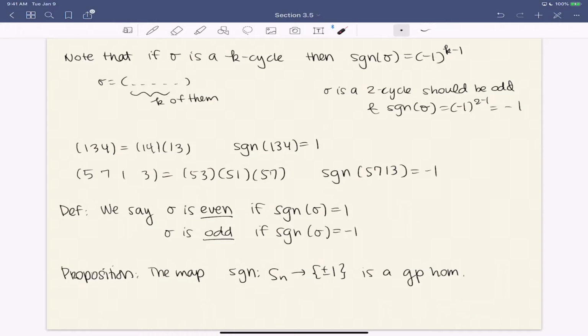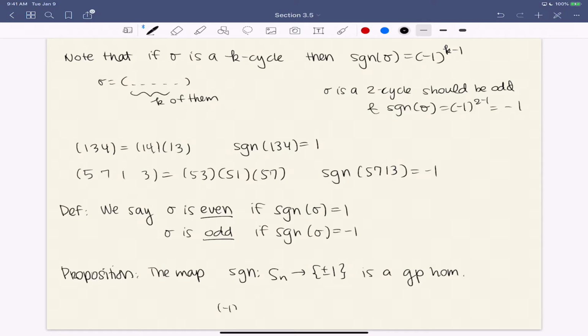If I want to do this, and then this, I just put them next to each other. That's what it means: do this and then this. So if I count how many transpositions I need to write this times this, I need 1, 2, 3, 4, 5. And it's a fact, right, that